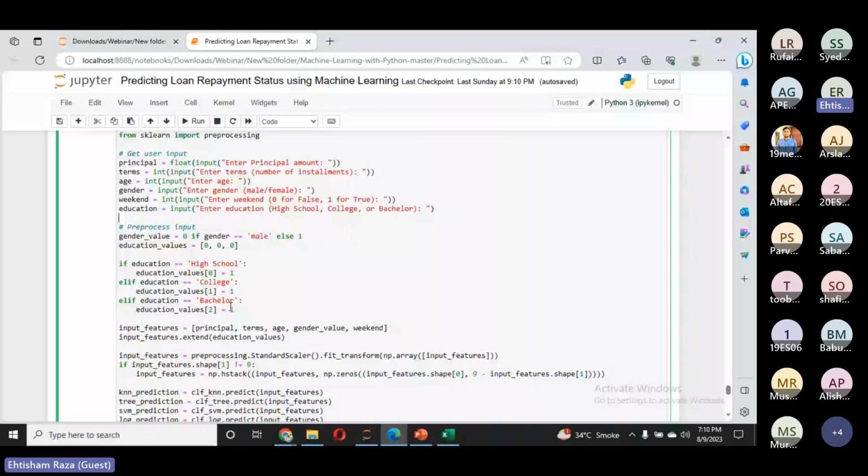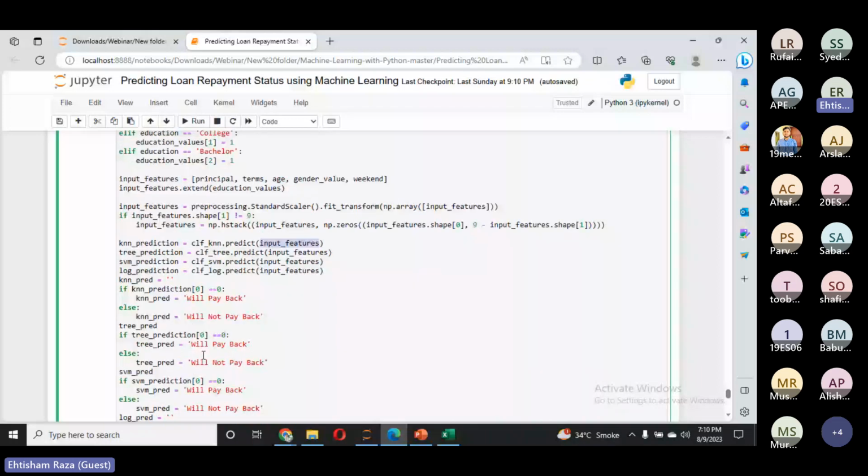Once we have done this, we are just passing that input feature to all 4 of our trained models, and we are comparing the output of each model. So if our model says 0, it will pay back, and if not 0, it will not pay back. So we are just going to calculate based on the